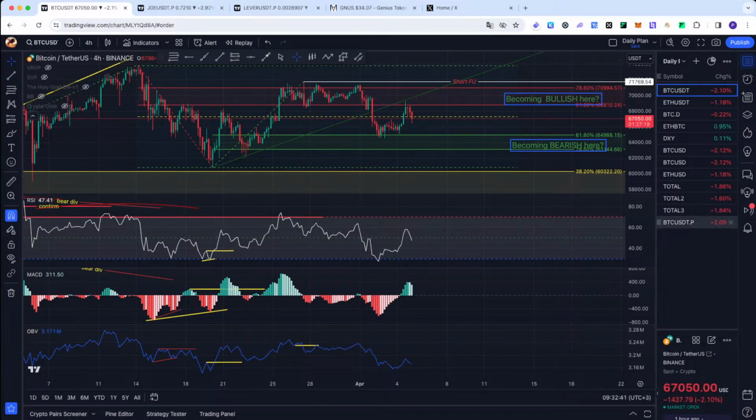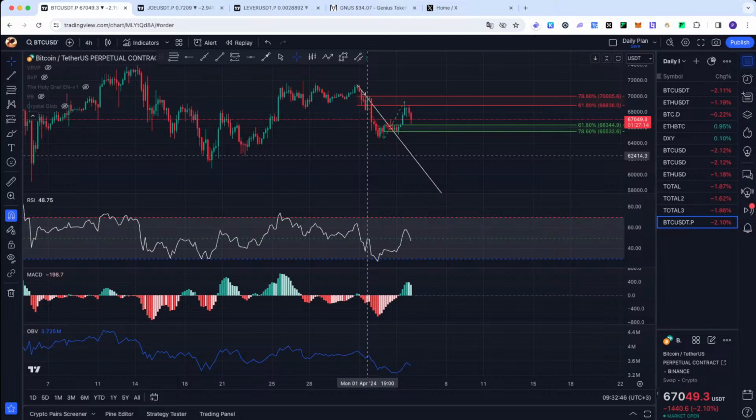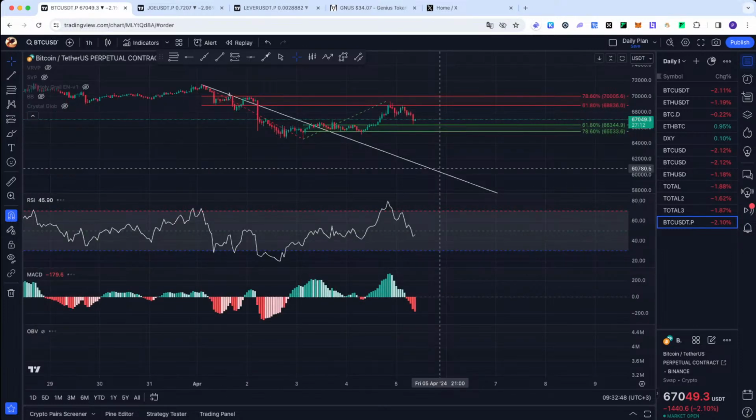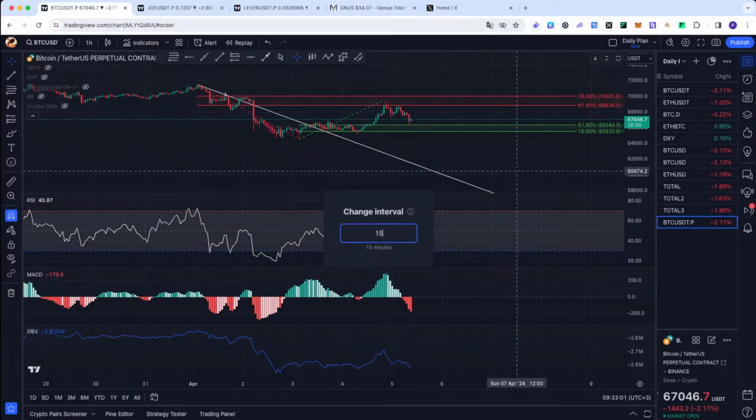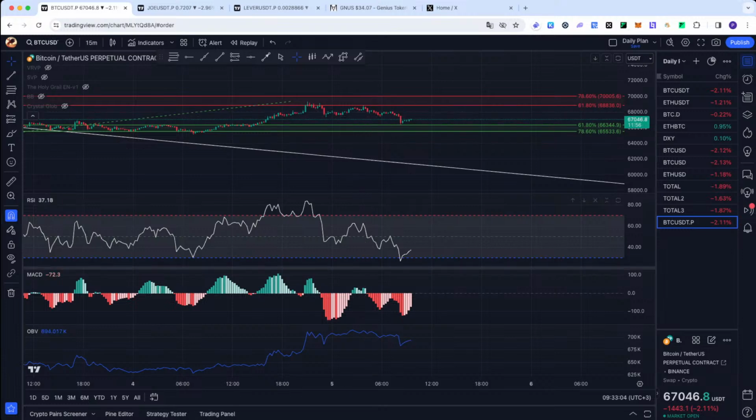Let's take a brief look at lower time frames on futures. So I'll go 1 hour. On 1 hour you can see indicator confirmation: we have EMA and price, EMA and RSI, EMA kind of a MACD, ugly OBV. So 15-minute chart, let's see what we have. Same kind of thinking. Some bearish divergence here. We discussed these levels when we tried to push higher in the short. We had some bearish divergence on MACD, and now they are just following the price action.